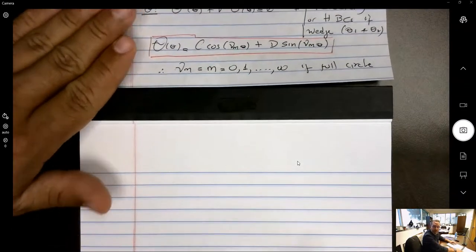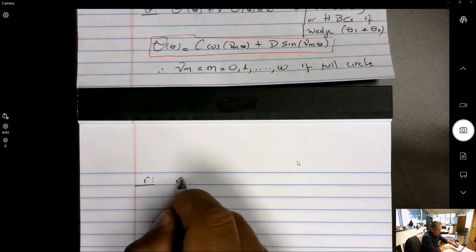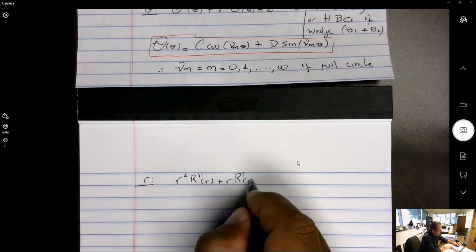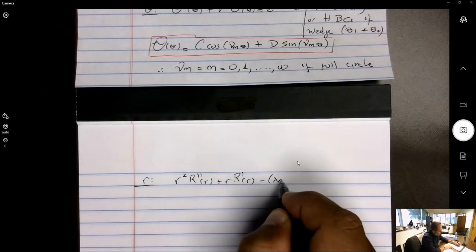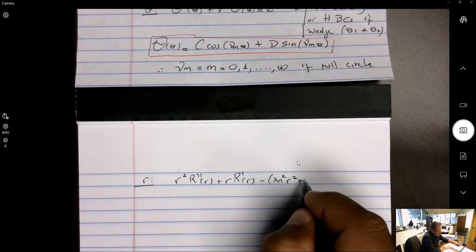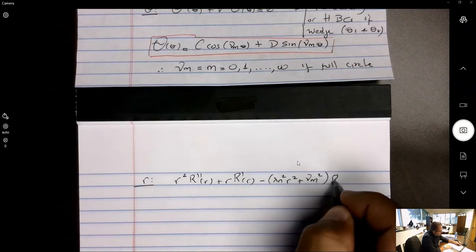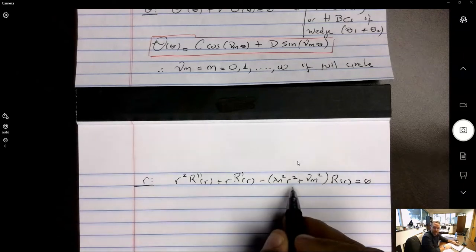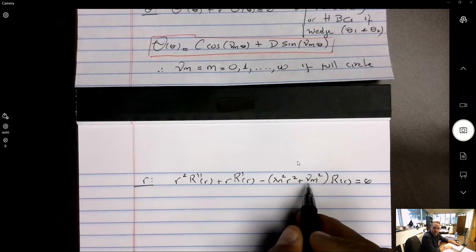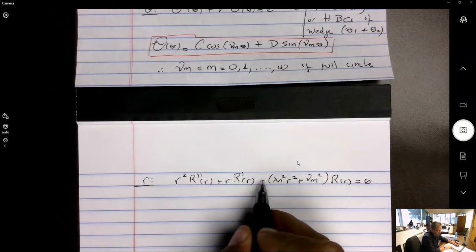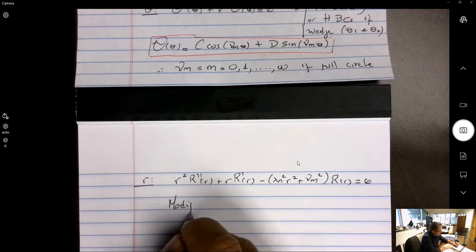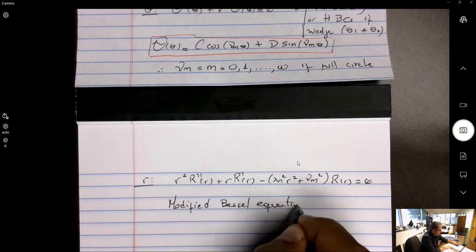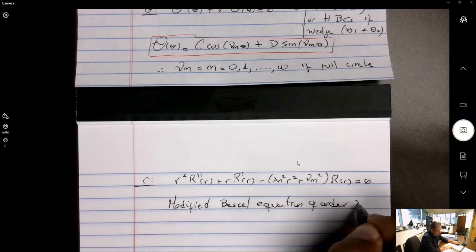In the r direction, the resulting equation is r squared R double prime of r plus r R prime of r minus lambda n squared r squared plus nu_m squared R of r is equal to 0. Now notice because of that negative sign, this is a Bessel function of order nu, but is a modified one because of the minus sign. So this is the modified Bessel equation of order nu_m,